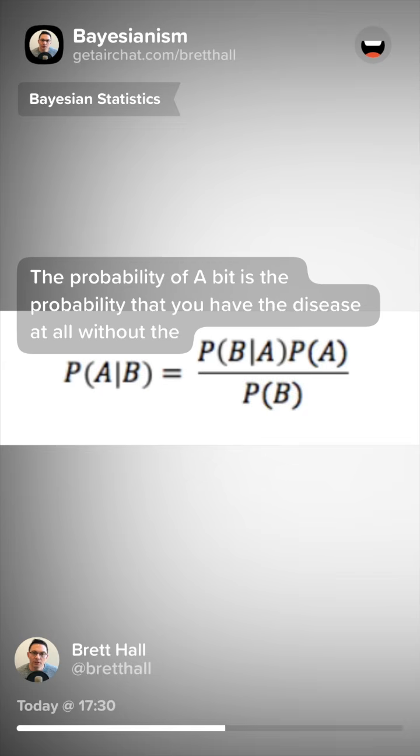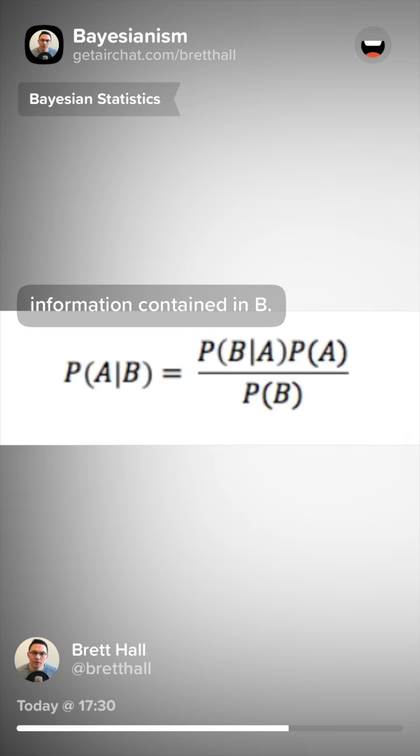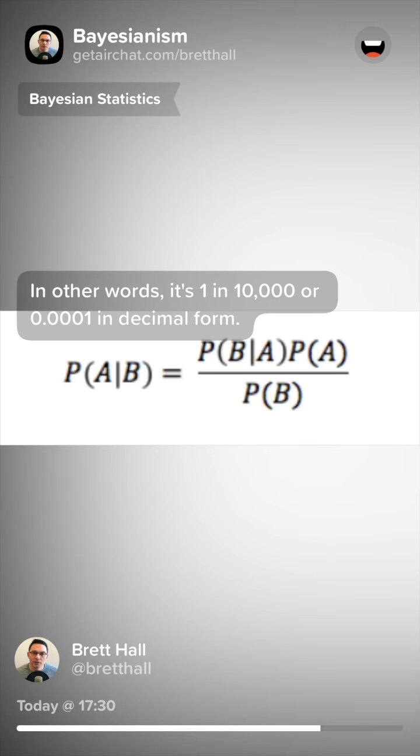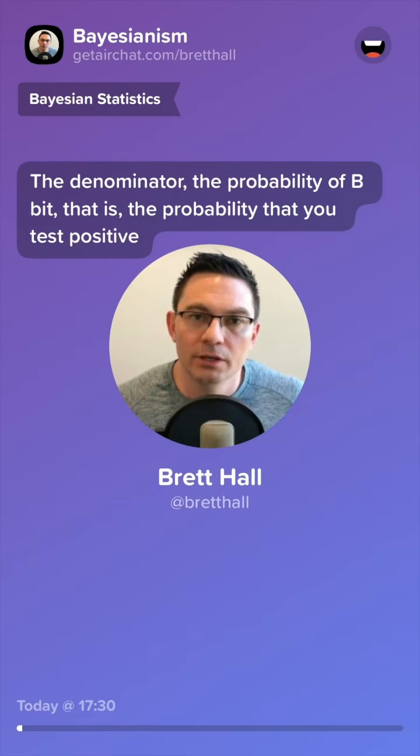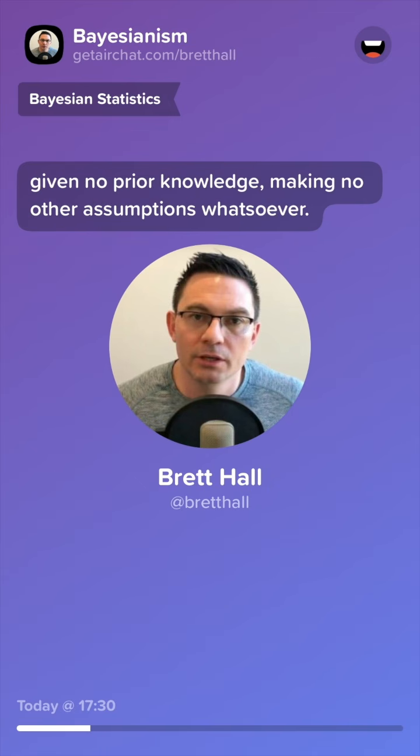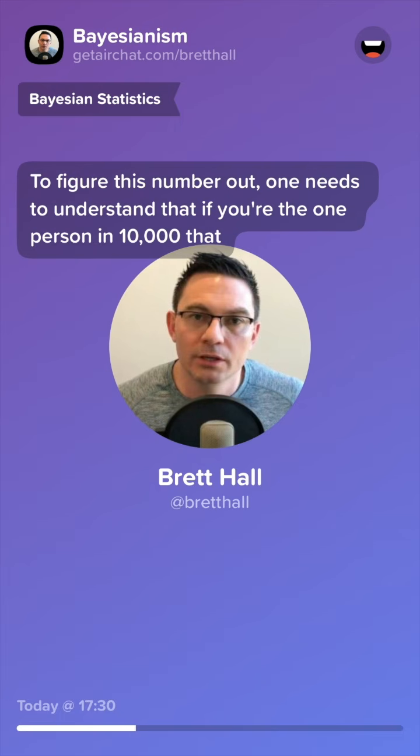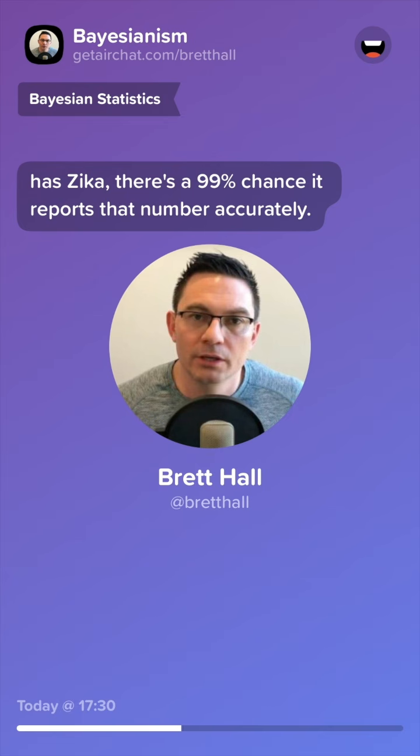The probability of A bit is the probability that you have the disease at all without the information contained in B. In other words, it's 1 in 10,000, or 0.0001 in decimal form. The denominator, the probability of B bit, that is the probability that you test positive given no prior knowledge, making no other assumptions whatsoever. To figure this number out, one needs to understand that if you're the 1 person in 10,000 that has Zika, there's a 99% chance it reports that number accurately. In other words, it's